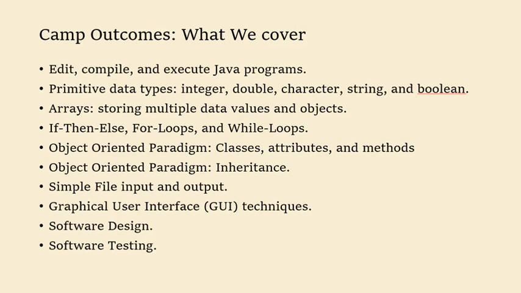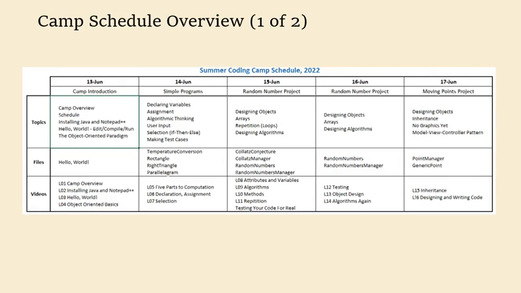This is basically a repetition of the previous slide, but these are the outcomes for the camp. And then I have 2 slides on schedule, which I won't go over in detail. It's Monday through Friday for 2 weeks, and we start out on Monday the 13th. We start out with just an overview. Let's make sure everybody has Java up and running, and then do the simple programming just to show how the edit, compile, execute cycle works. And then we work our way up, starting with really simple programs and then moving into programs that actually use the object-oriented paradigm and getting more sophisticated as we go,